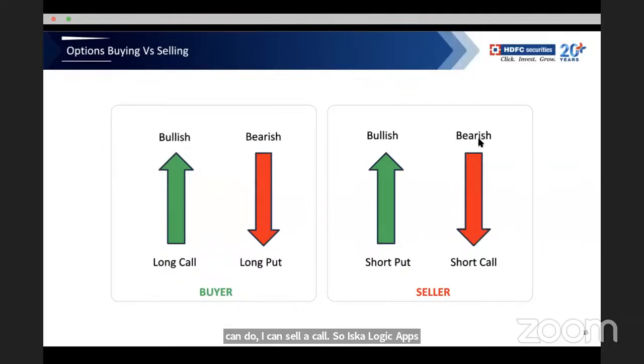Suppose my view is bearish. Okay, Nifty is at 25,000. My view on Nifty is bearish, it will go down to 24,500. Now based on that view, what the seller can do is short a call. What is the logic behind that? Whenever Nifty is going to fall down from 25,000 to 24,500, the calls are going to